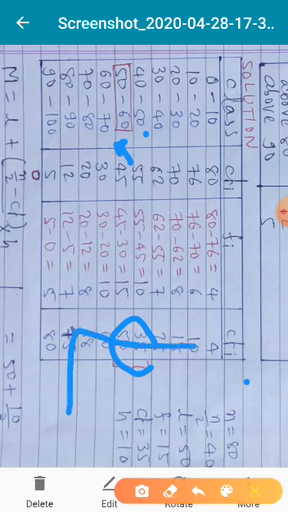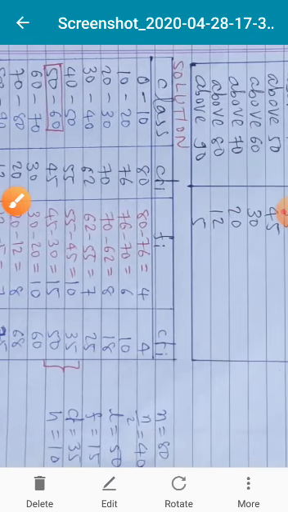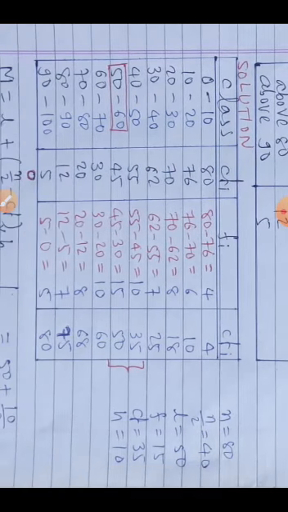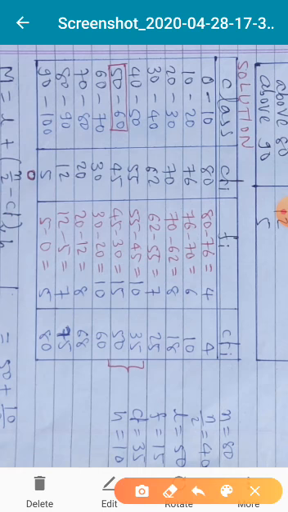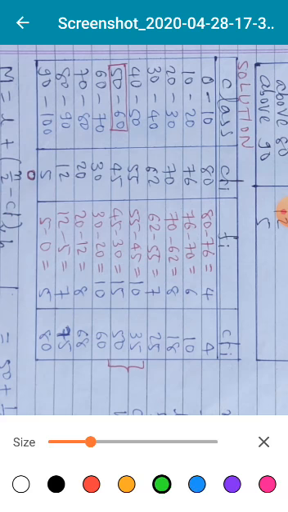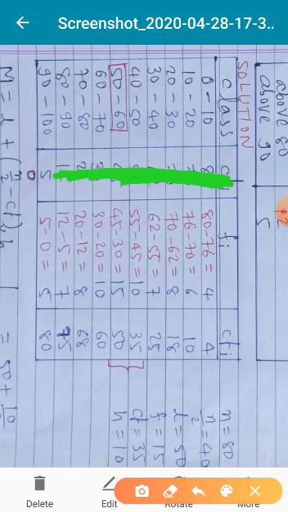Now L is 50, F means the frequency of that class, 15, and CF is 35, because it is the previous CF. Don't make the mistake of taking it from here, not 55. Now overlap this one, because that CFI is not useful here. It is already useless to keep this one, so this is not used anyway. Remove this one temporarily or overlap these columns. This is not useful at all. Now look at this CFI only.